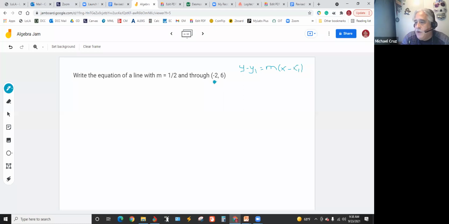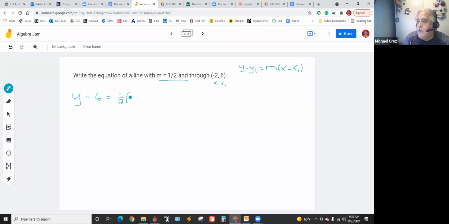All right. So this is x1, y1. You only got 1 point, and of course this is m. If they had said slope, then you just realize that that's m. All right. So y minus 6 is equal to 1/2